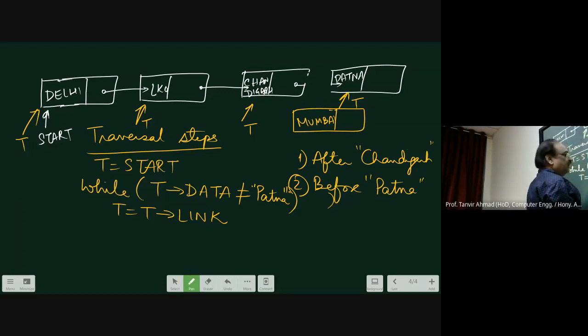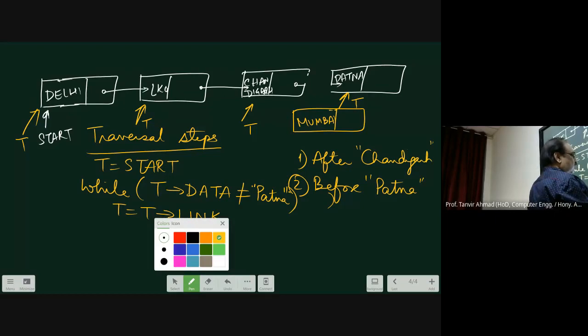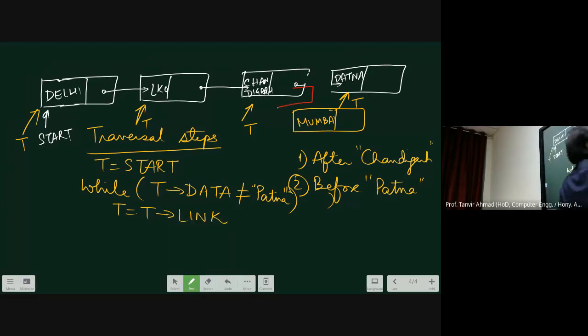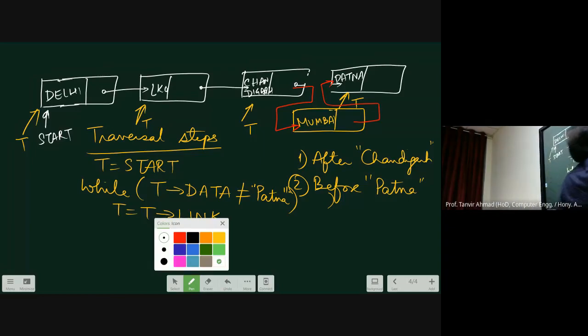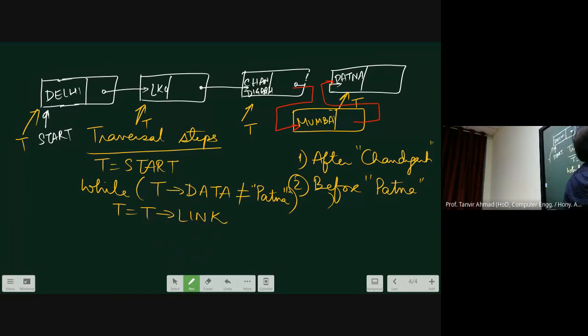And then what you have to do is that you have to use this one. You have to do like this. Is it clear? But you cannot move T backwards because there is no way to go back. You only have the forward links. That means from here it is not possible to do because you already moved forward.